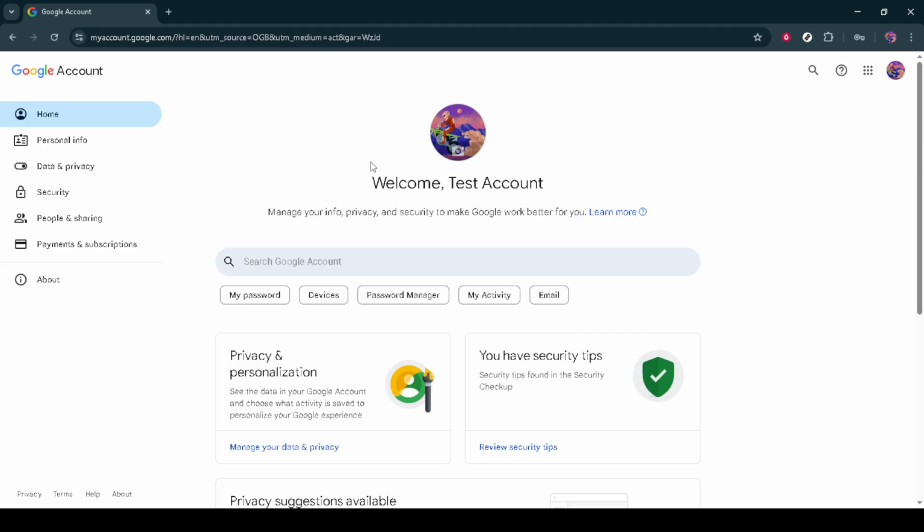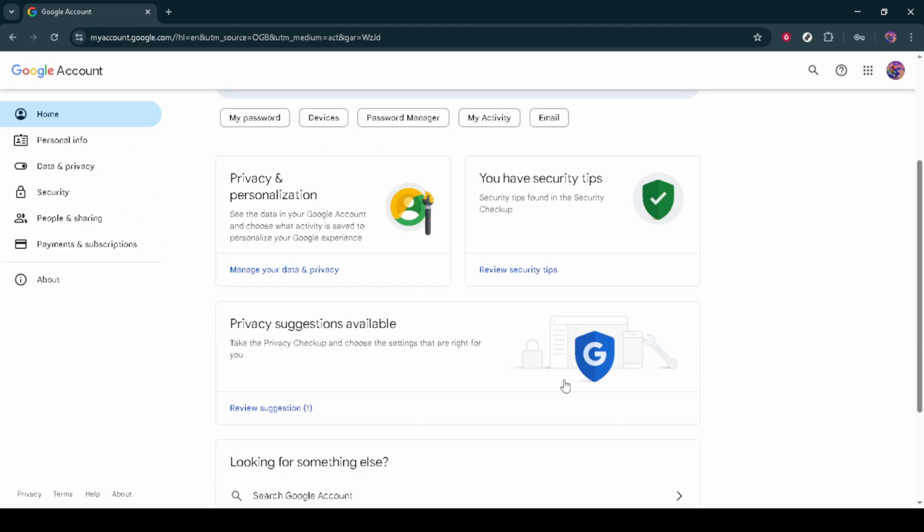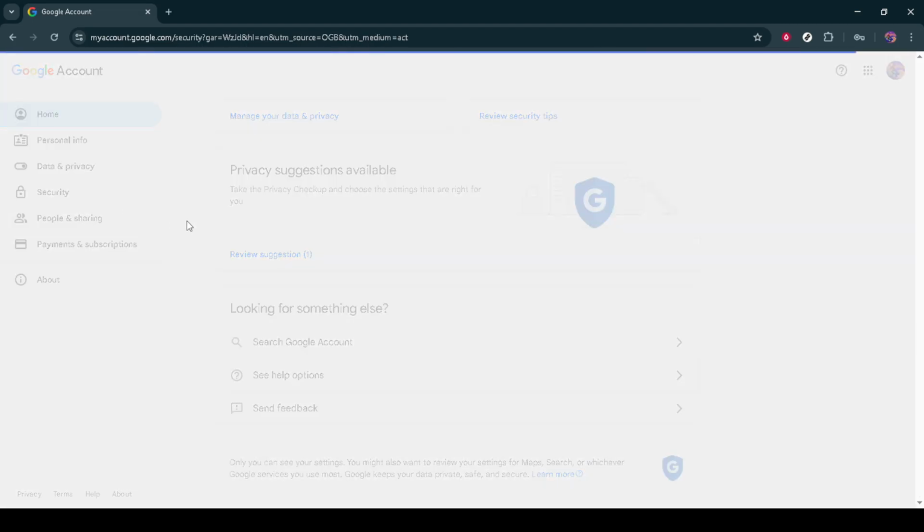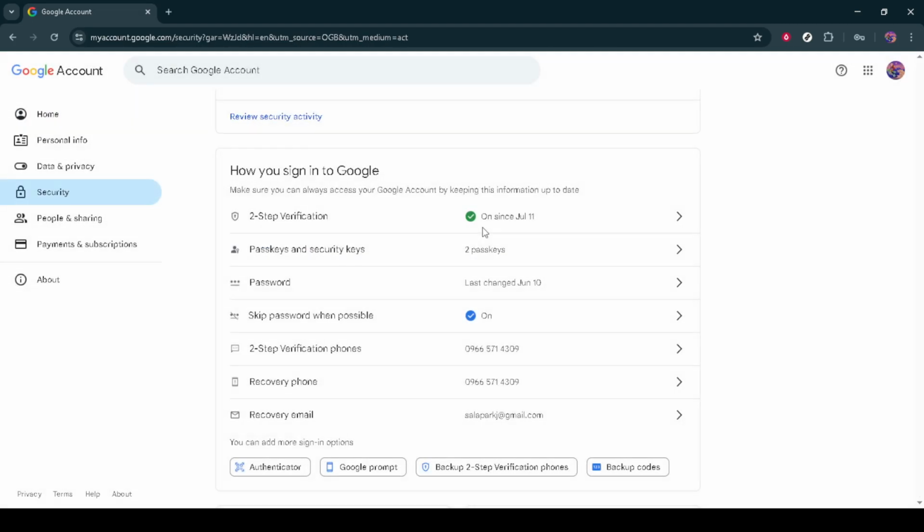This is your central hub for all things related to your Google services. Once you're on the Google account page, you'll see a series of tabs on the left-hand side. You'll need to click on the tab labeled Security. The Security section is significant because it contains all the details on how your account is protected and where it's